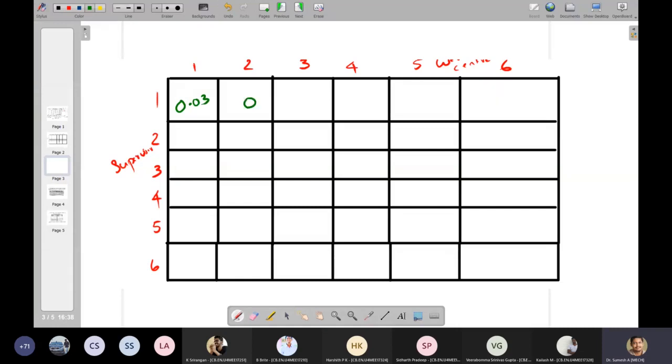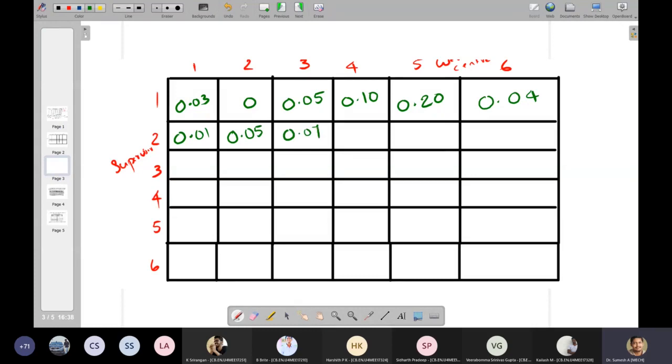Next will be 0, 0.05, 0.10, 0.20, 0.04, then 0.01, 0.05, 0.07,